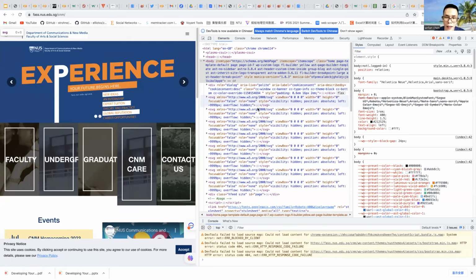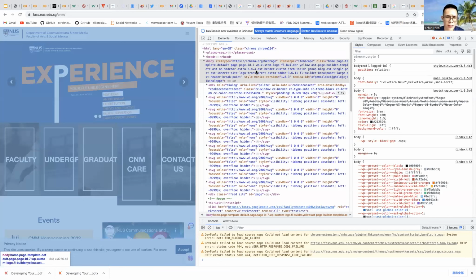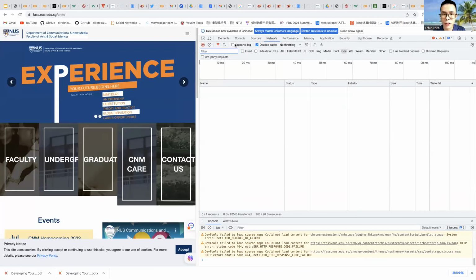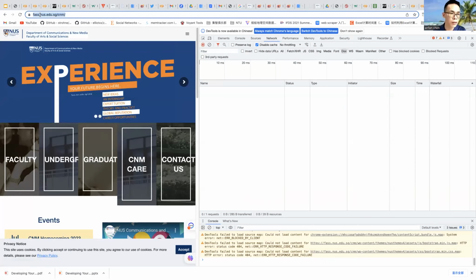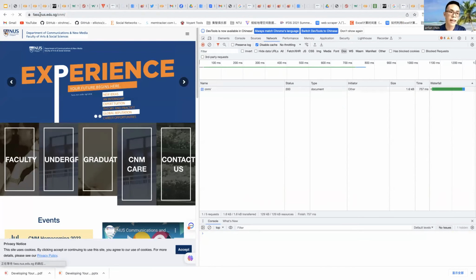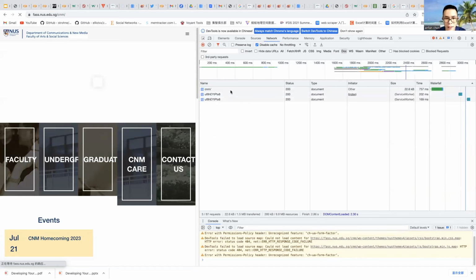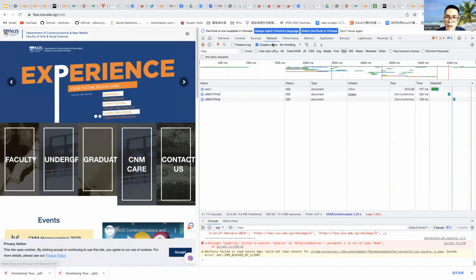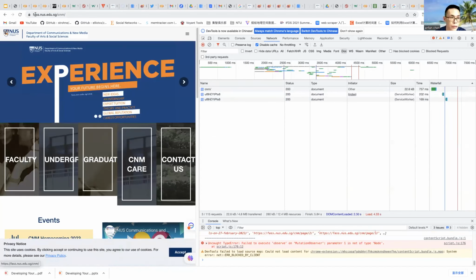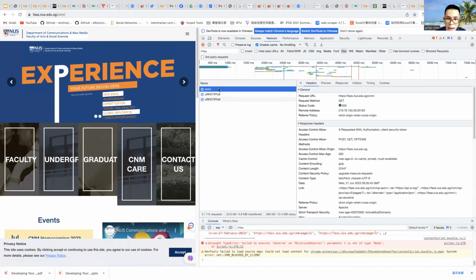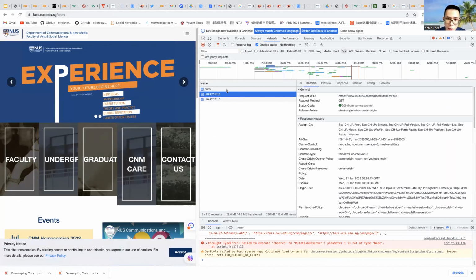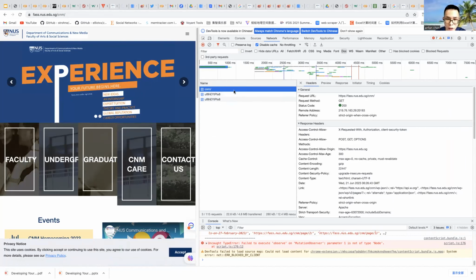And you will see there are so many elements in the HTML format. And if you want to see the response, the user agent and the response status, you click the network and refresh the URL and click the CMU. Clicking any one is okay, such as this one.